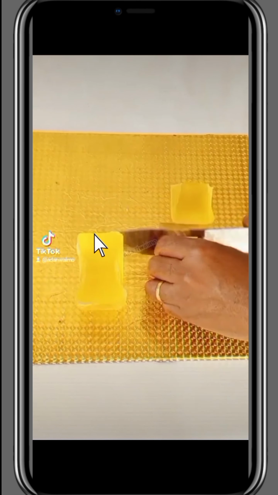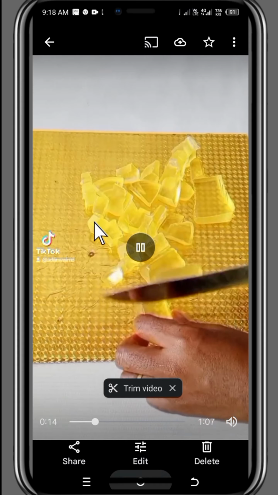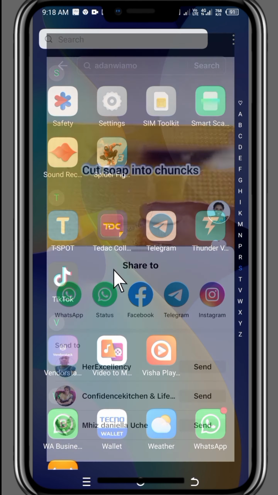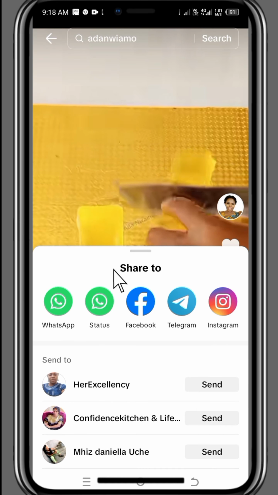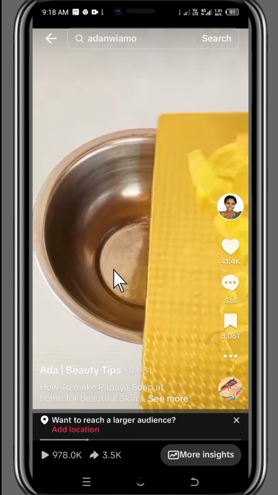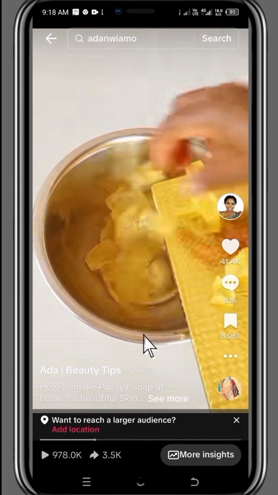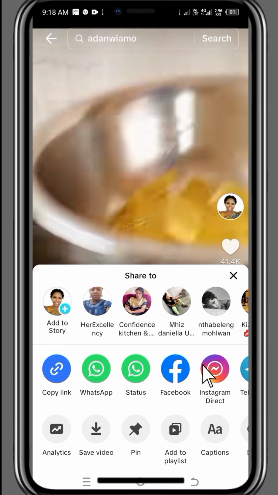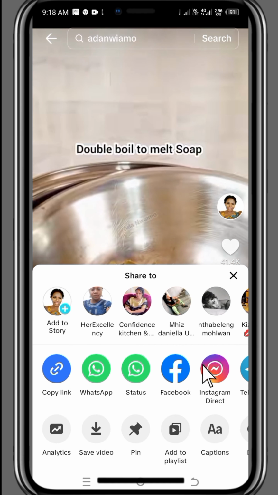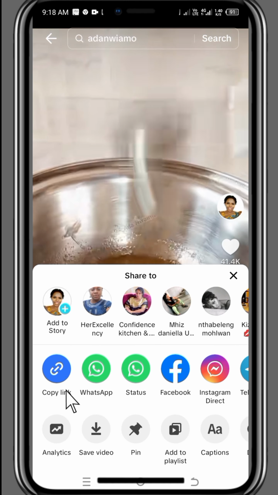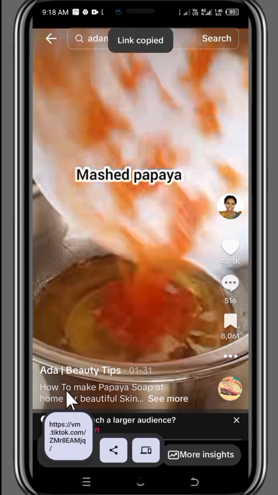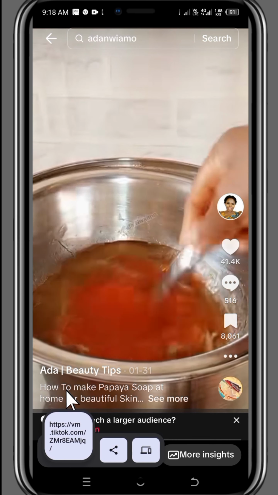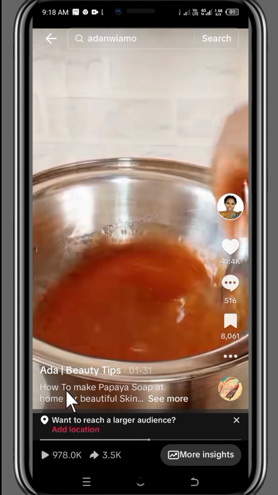Okay, now go back to the TikTok app, then open TikTok app, then this is the video, right? Then tap. Once you tap, go to these three dotted lines again, you tap on it. Then you're going to look for copy link. Okay, copy the link of this video. So link copied, right? Now the next thing you're going to do is to go to your Chrome browser, close the app,